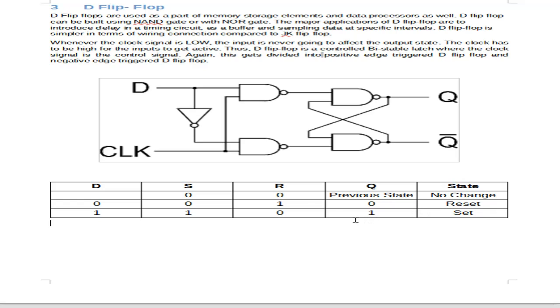And these are latches, and the three flip-flops I talked about, the T, JK,